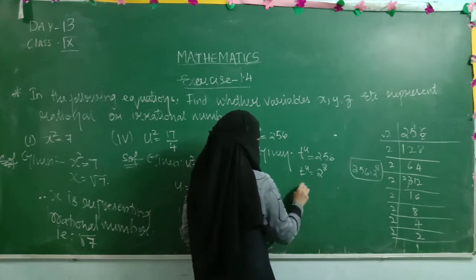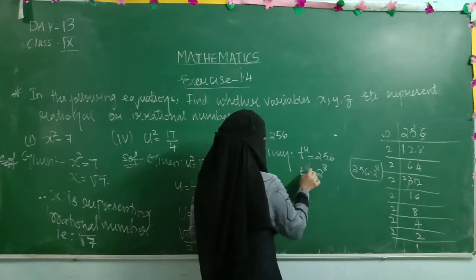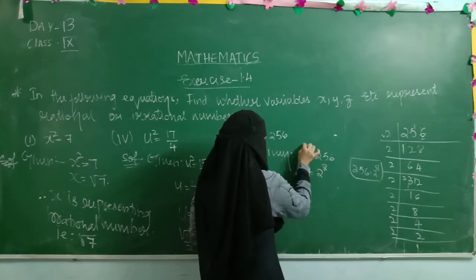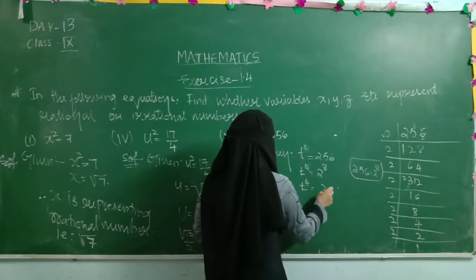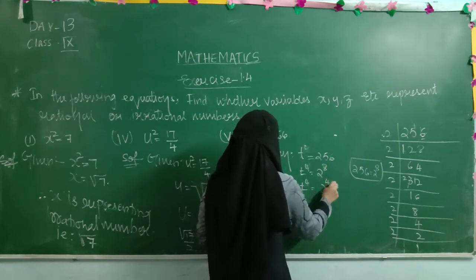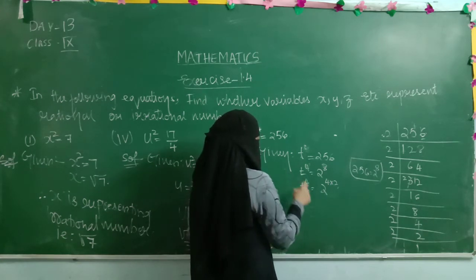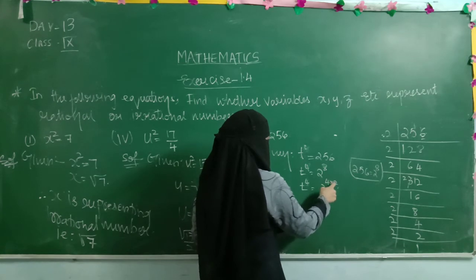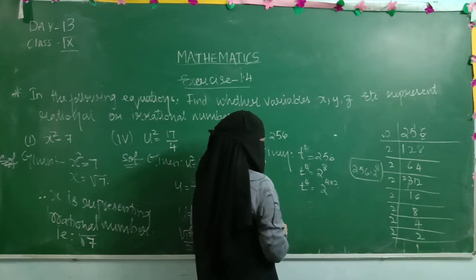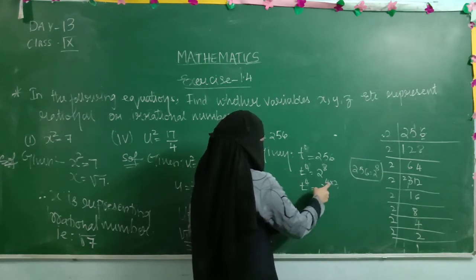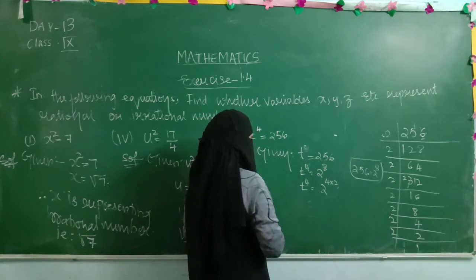Okay, so this is actually 4. Don't get confused, it is not t to the power of u, it is t to the power of 4. So 2 to the power of 8 can be written as 4 into 2. Is that clear? So t to the power of 4 is equal to 2 to the power of 4 into 2. In this way we are writing: 4 into 2 is nothing but 8. And what is happening? On both sides, this 4 will get cancelled and you will get the answer as 2.